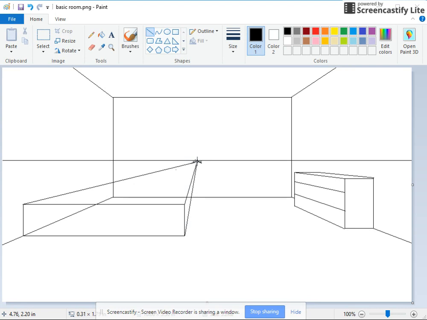So I'm going to make those lines go back here to the vanishing point. Again, I need to stop this bed at or before it gets to the wall, because if I did it up here, it's going to look not right. So what I'm going to do here is make this bed actually look like it's sitting in the corner. So right here at this corner where these two meet, I am going to go across here,